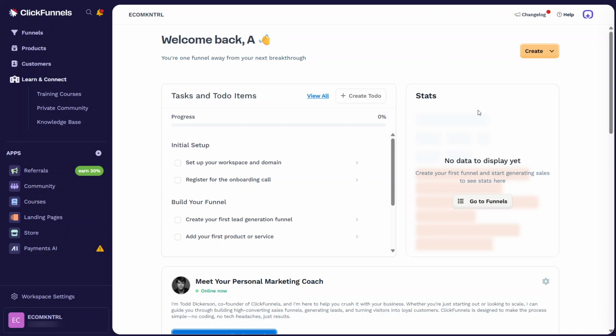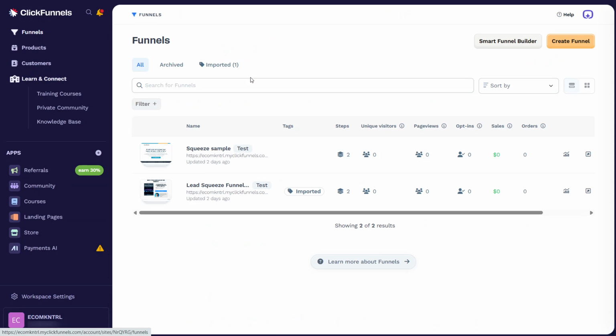First, log into your ClickFunnels account and head to your main dashboard. On the left-hand side, you'll see a sidebar. Look for the option labeled Funnels and click on it. This will open a list of all the funnels in your account. Take a moment to find the funnel where you want to add the countdown timer and then select that funnel